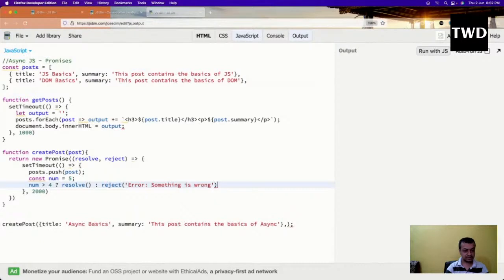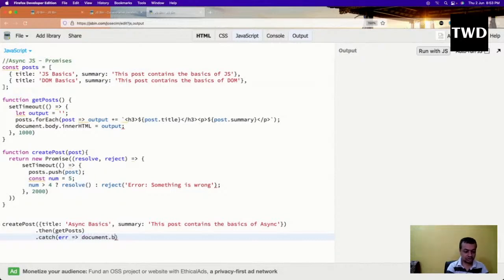Now when I send a resolve or a reject back, there are two ways to get this. We are soon going to see another way, which is the async await way. One way was actually introduced in 2015 with the promise only, and that is known as the then and the catch block. So I'll have a then block, where I will call the getPosts, and I will also have a dot catch block. In the catch block I'll receive the error,